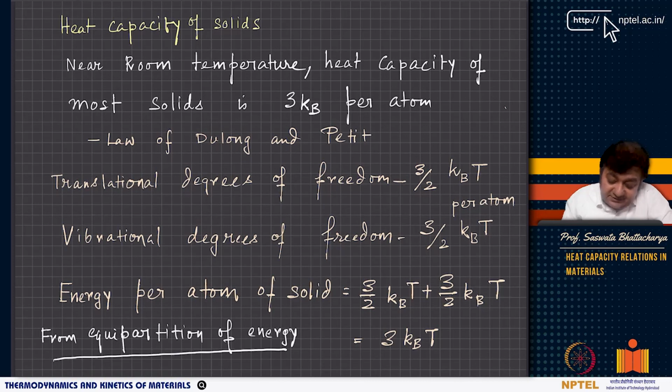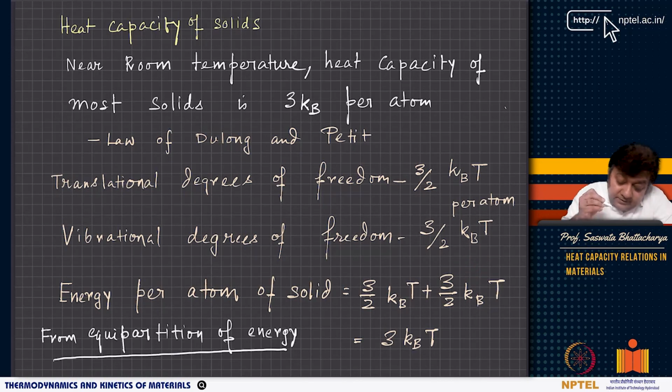Now, if you have solids, the solids also vibrate, right? You can think of atoms connected by springs, and each atom is like an oscillator. It is oscillating and vibrating, and it can vibrate along the x direction, the y direction, or the z direction. So here also you can have 3 degrees of freedom, if the atom is oscillating this way, this way, or this way.